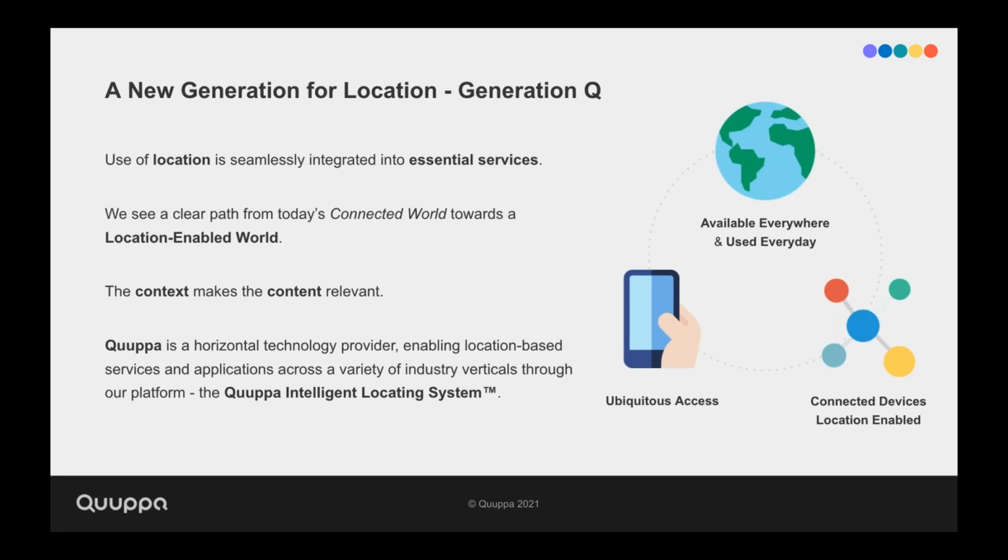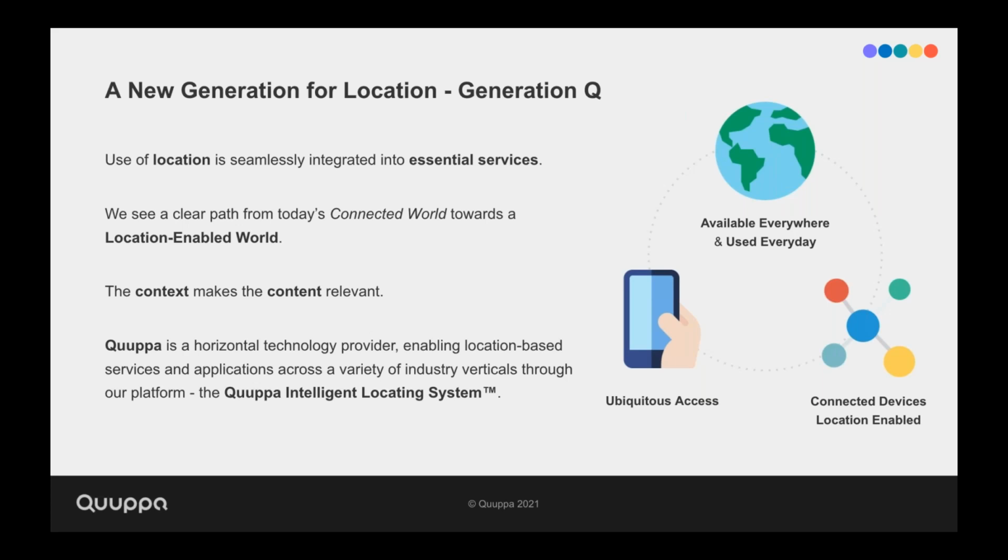We see a clear pathway from today's connected world of IoT devices, which are already sharing a whole host of data points with each other, into a location-enabled world where, by adding the context of location, we'll make the content of the data more relevant. We want to achieve this by bringing the context, or the use of location, to as many environments as possible, scalably.